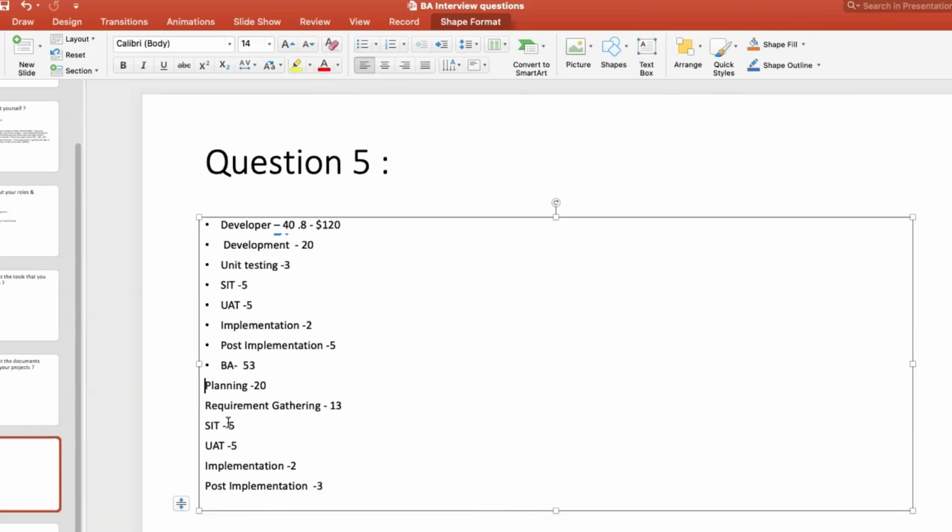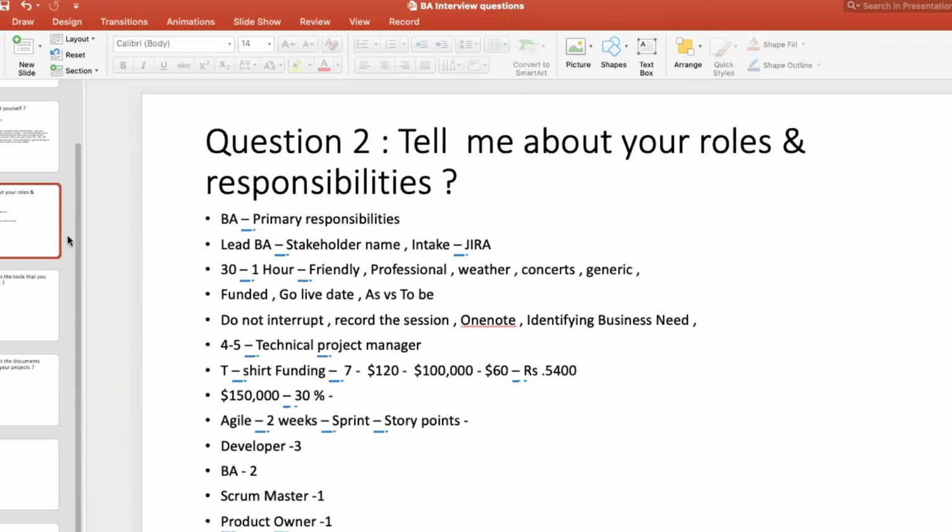You know how many hours it's going to take, so you're going to add that, and you will coordinate with your scrum master and product owner. Of course, your scrum master and product owner will also be involved. When we are calculating all these things, you're not doing it alone. Your scrum master is there, your product owner is there.